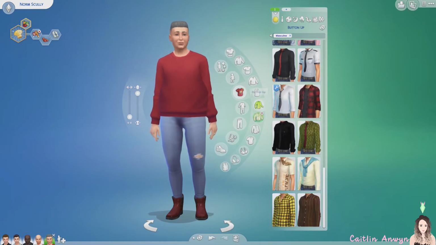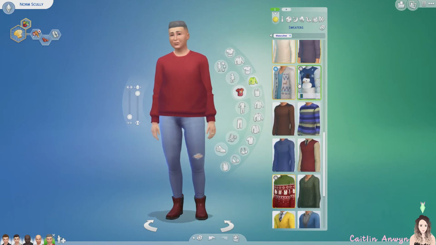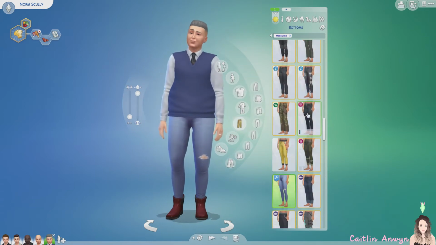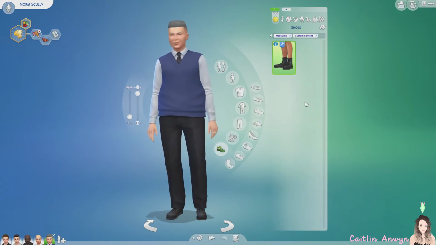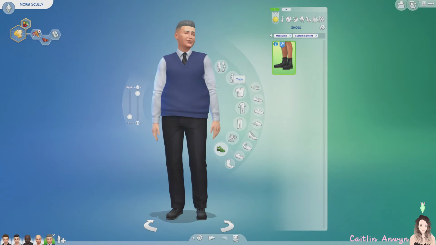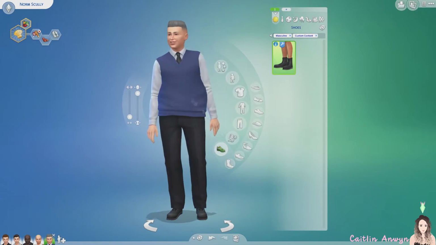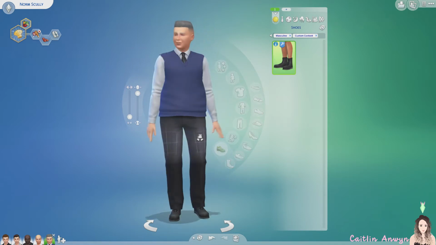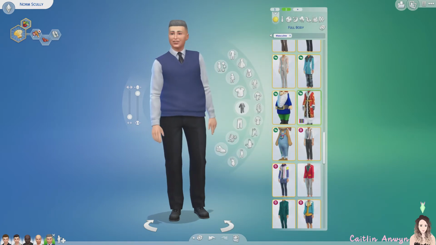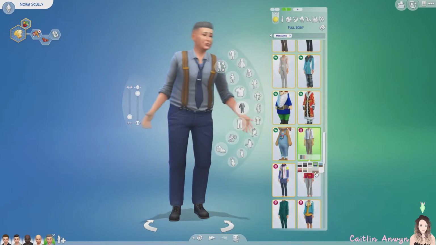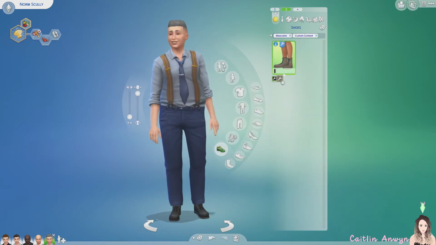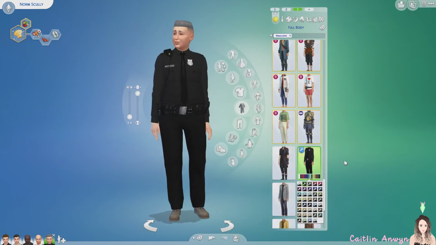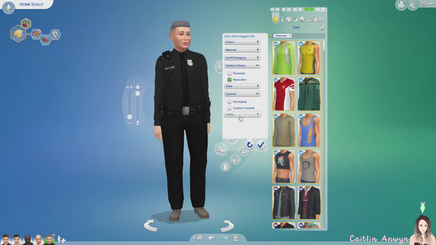So just trying to find a vest top for Scully, which now looking at it, those skinny jeans were hilarious. I couldn't believe there was a base game shirt with the vest jumper thing that he always wears on the show, so I was well chuffed that we could find that outfit, and it was just a base game top. That's amazing. So I put Scully in his detective gear too, and his police wear for when he goes out on assignments, and obviously my favourite jacket